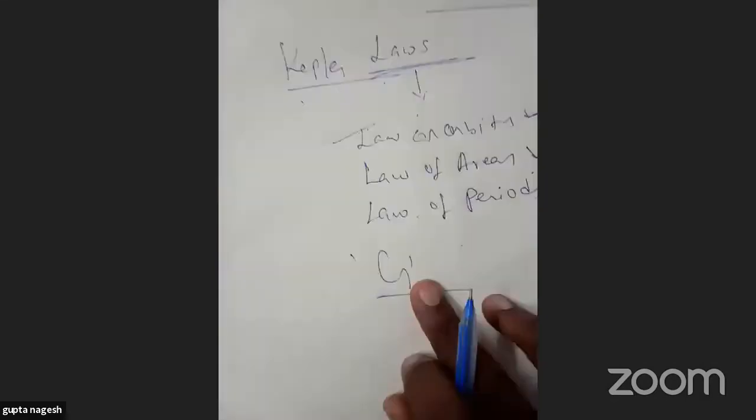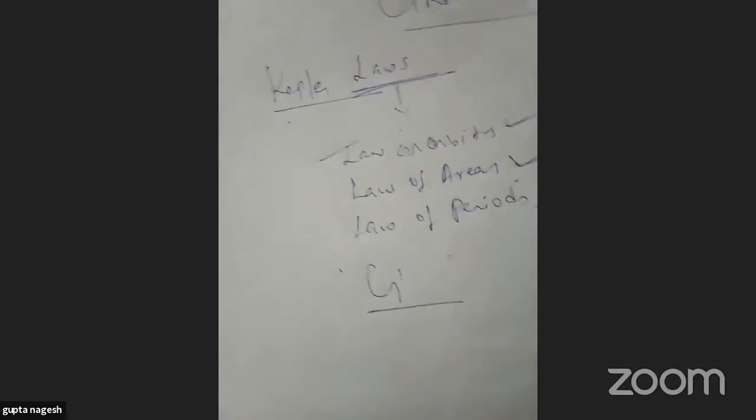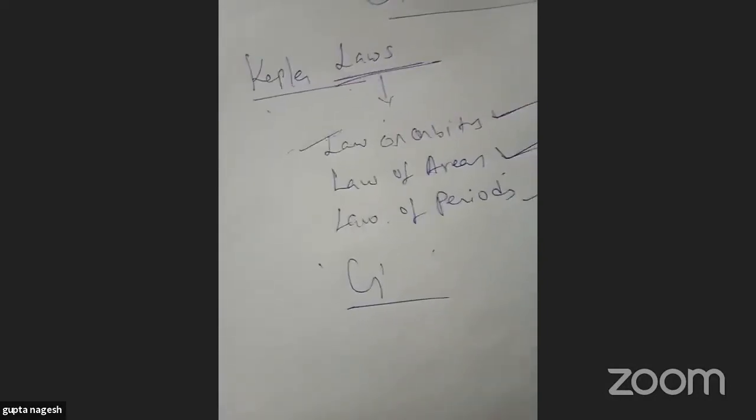Now coming to the capital G. As you know, what is the capital G? Capital G is nothing but the universal law of gravitation. So as you know, the great law: every body in the universe attracts each and every other body